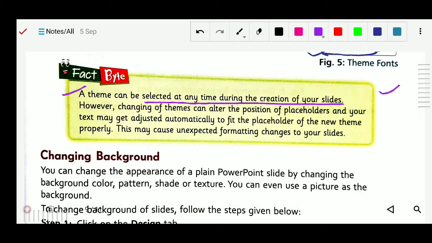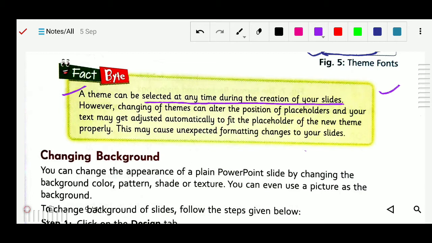What will happen? The text, your picture, all the placeholder objects will be automatically adjusted according to the theme. The font style, the size, everything will be adjusted according to that particular theme.